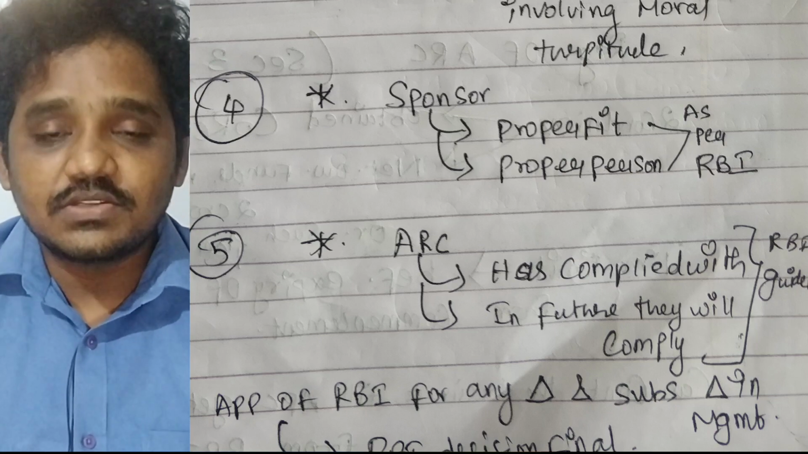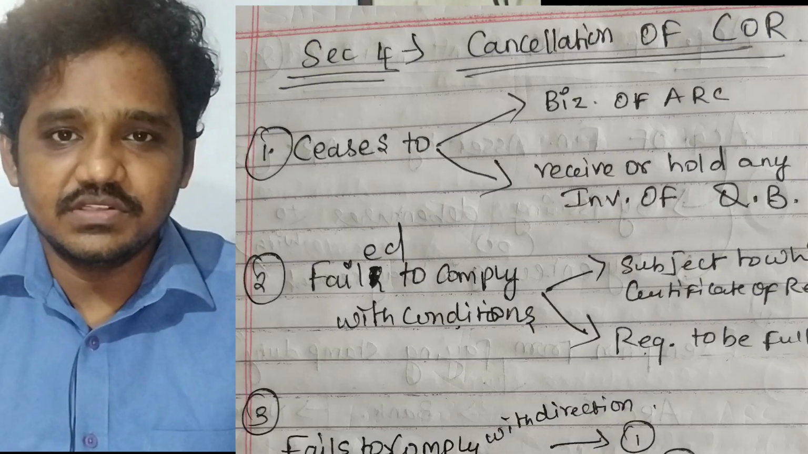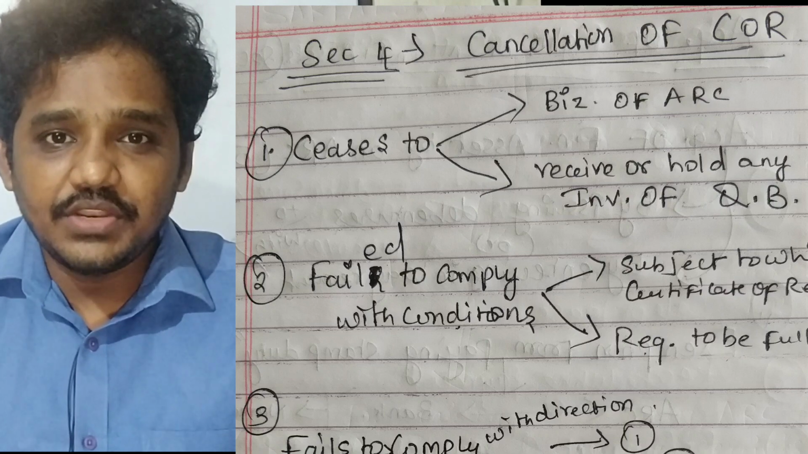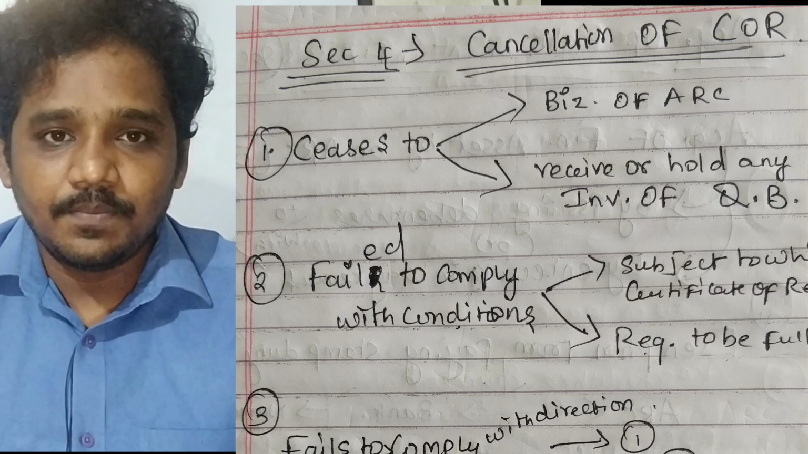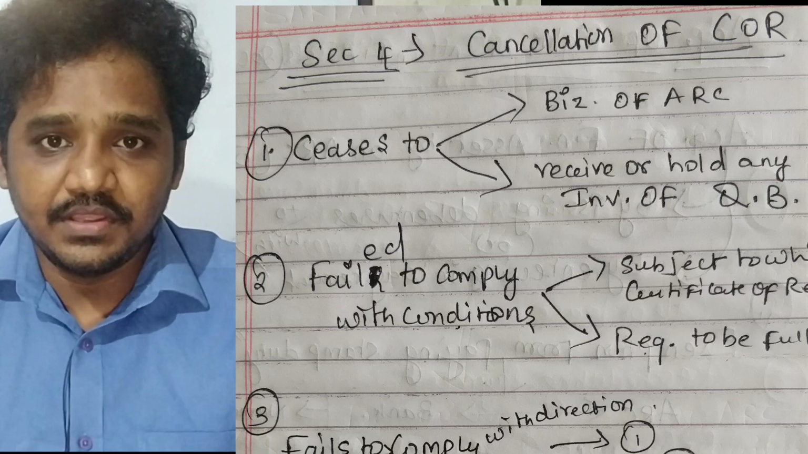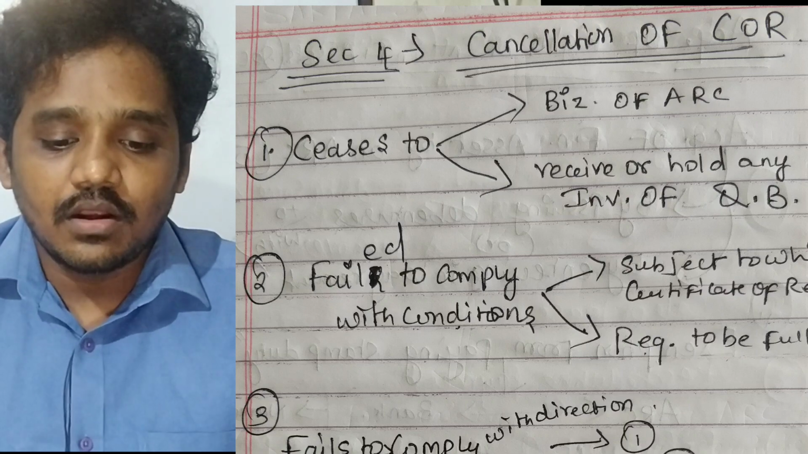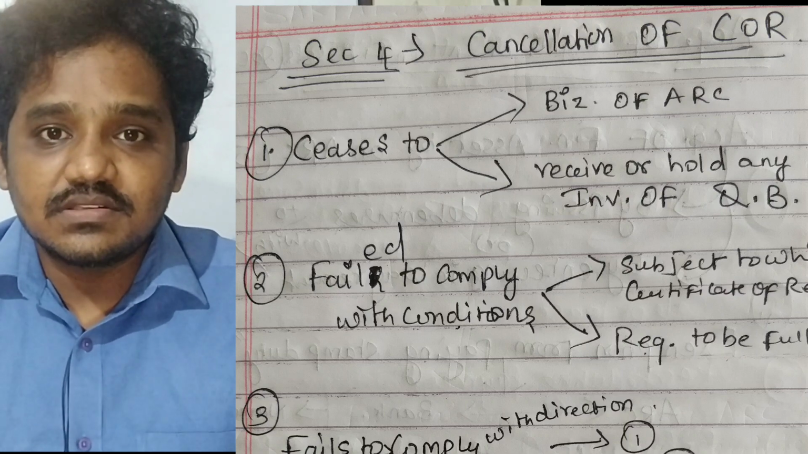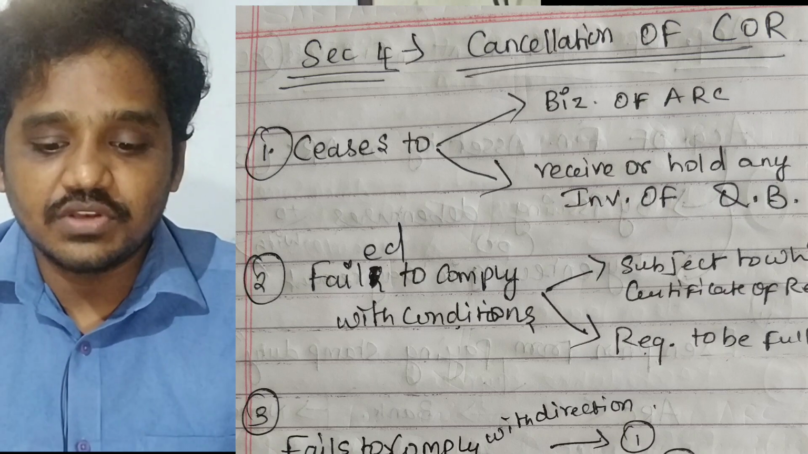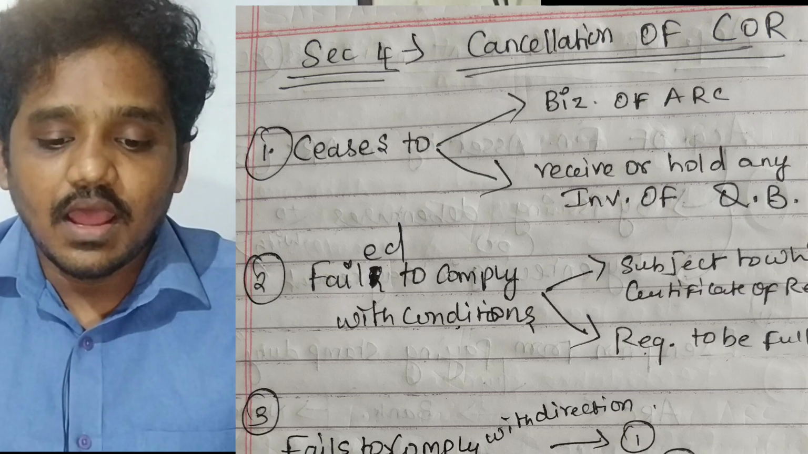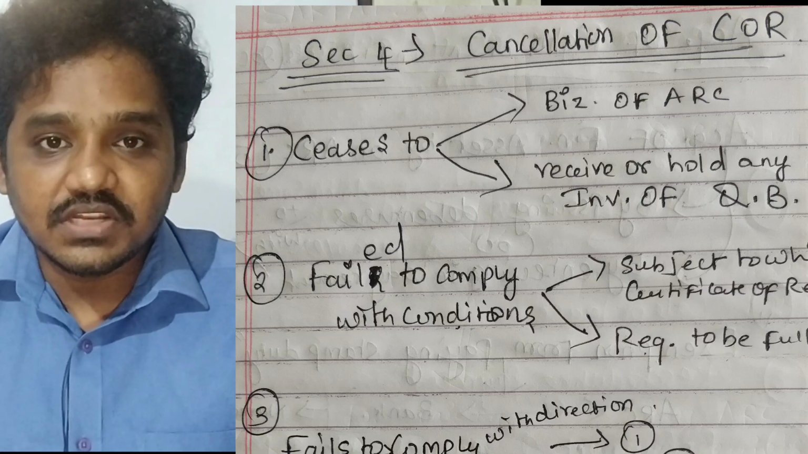Okay, now let's go to section 4. Section 4, cancellation of certificate of registration, and in what situations RBI will do the cancellation. Let's start. First thing, if the asset reconstruction company ceases to run the business of asset reconstruction, or ceases, that means they stop receiving or holding any investments of qualified institutional buyers, in that case RBI will do the cancellation. And the second point is, if the asset reconstruction company